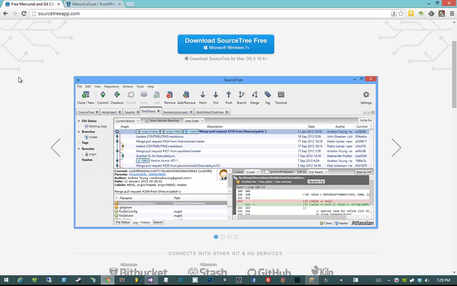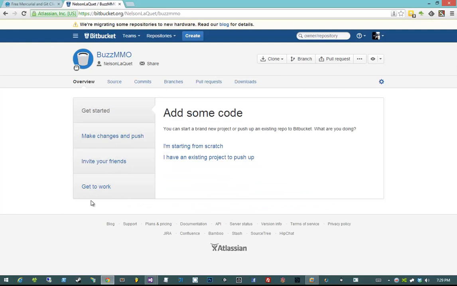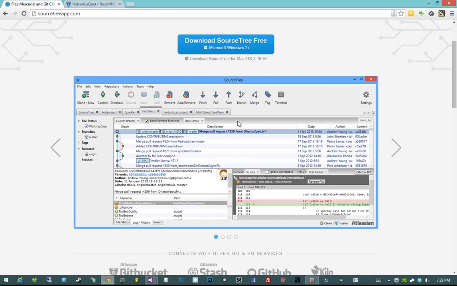What this tool will allow us to do is access the code that will be stored on our repository online, make changes, and then push them back up. It'll also give us a lot of awesome features, such as viewing the log of all the changes we've made to the project over the course of us working on it,